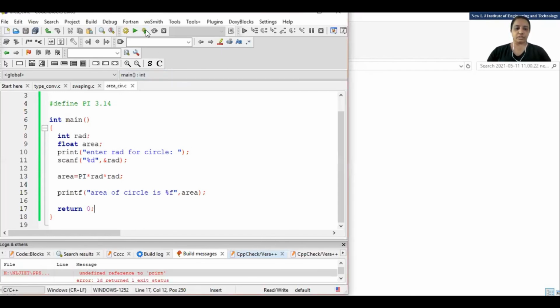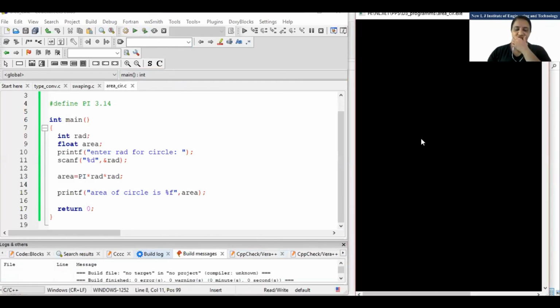Why is it not running? Okay, there is one error here in printf. Control S, again build and run. Yes, I know, the f of printf is missing, fine. Enter the radius for a circle. So when you are using scanf, try to write a printf first, right?